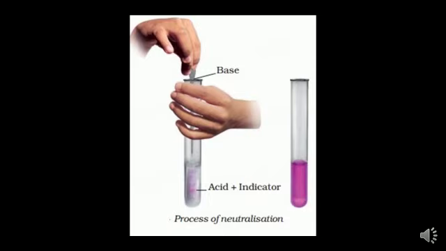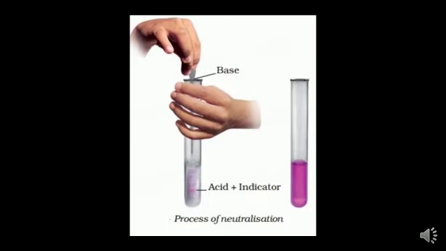What we need to do is take two test tubes. In one test tube, we need to fill 1/4 of it with dilute hydrochloric acid, that is dilute HCl, and we should note down its color beforehand. Now we need to note down the color of phenolphthalein. So what is the color of phenolphthalein? It is something like purplish pink, right? Now we need to add 2 to 3 drops of indicator to the acid and shake it gently. Now we need to observe whether there is any color change of the acid.